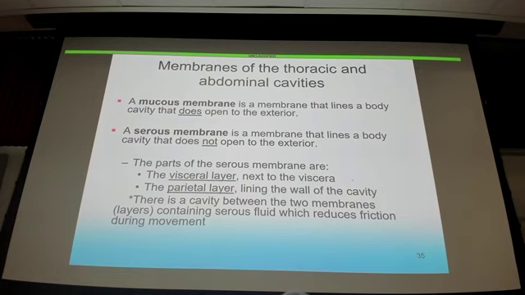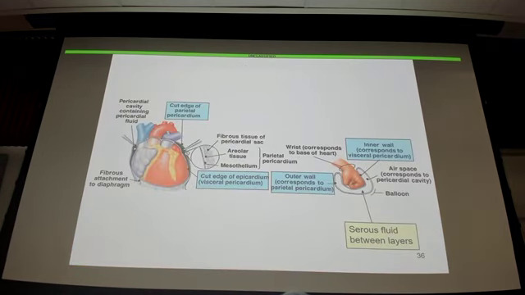And they're separated. Right? So if your bowels are in there and your abdominal wall's in there, you have a parietal layer and a visceral layer, and there's a very small space between them that's full of serous fluid. If you think about things sliding, it's going to help them not to stick together, to slide, decreasing friction. Now I use the abdominal wall, but the best example really is looking at the heart,